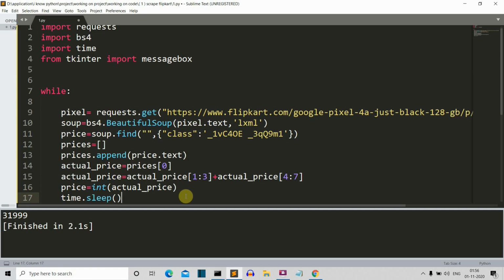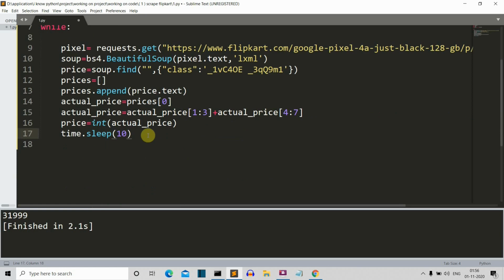It will use a lot of processing power, and we do not want that. Let's say we want this program to compare the price after every 10 microseconds. I know this is a very small value, but let's say that.